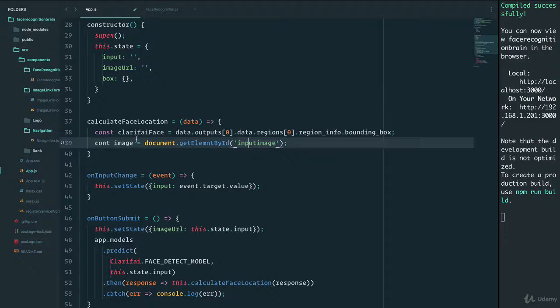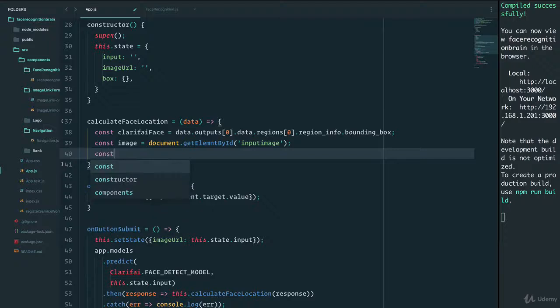So now this input image is right here. We grabbed it. And as you remember, this bounding box is a percentage of the image. So if it's 0.22, that means it's at 22% of whatever the height or width of the image is. In our case, we can say that we for sure want to have the width of our image by saying